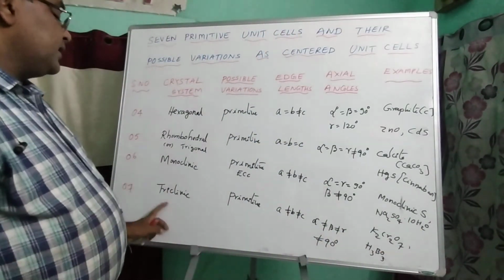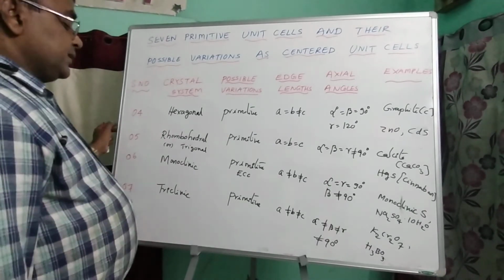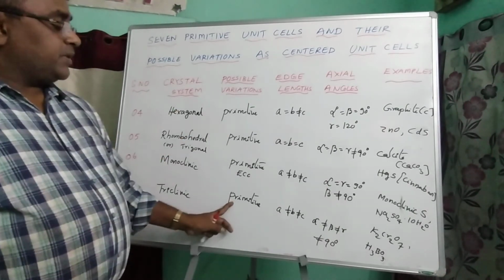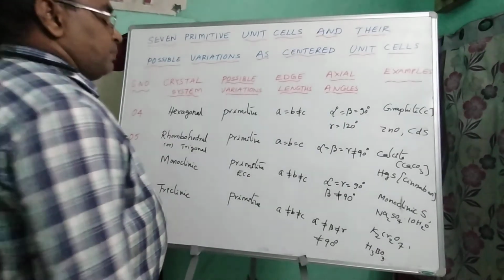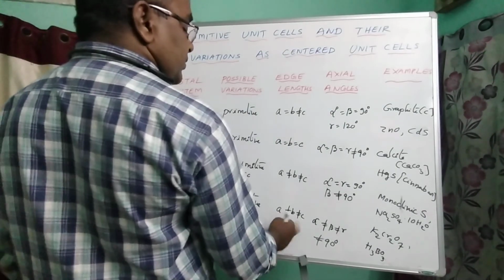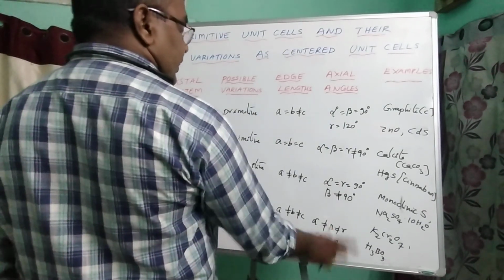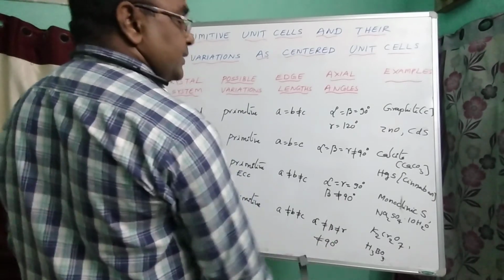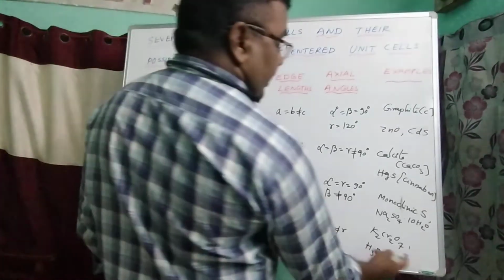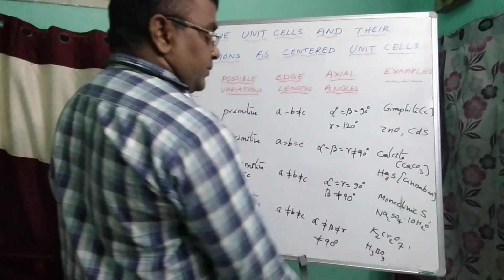The last one is triclinic, the seventh crystal system. Possible variation: primitive, that is simple. Edge lengths: a not equal to b not equal to c. Here all axial angles are not equal to 90 degrees. Examples: K2Cr2O7, potassium dichromate,